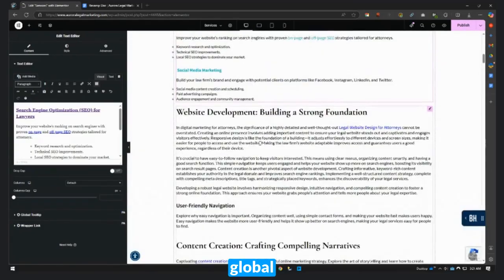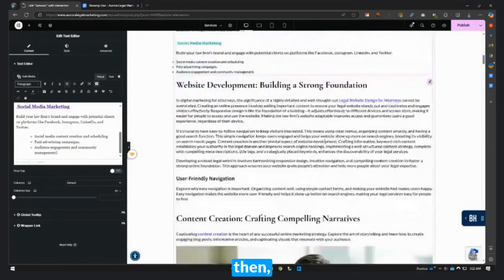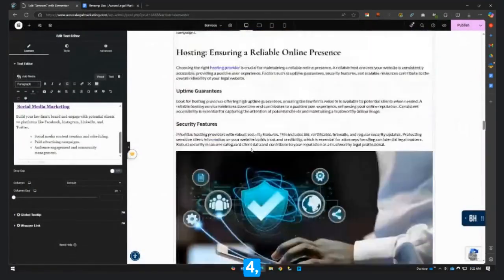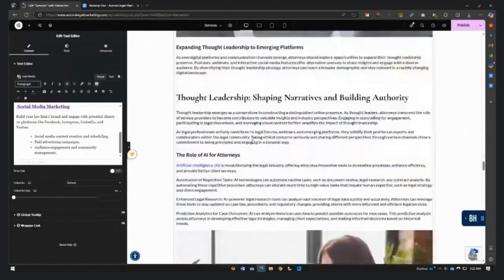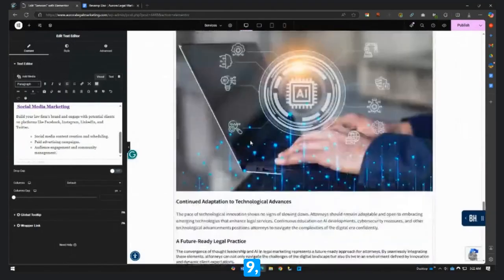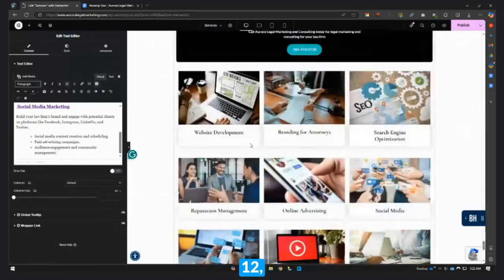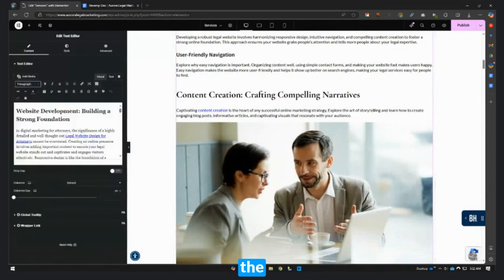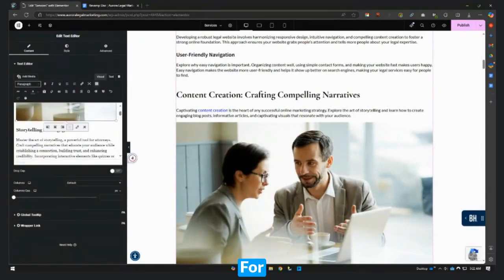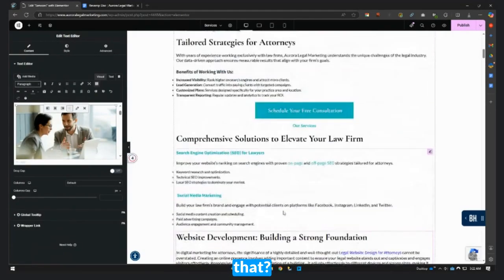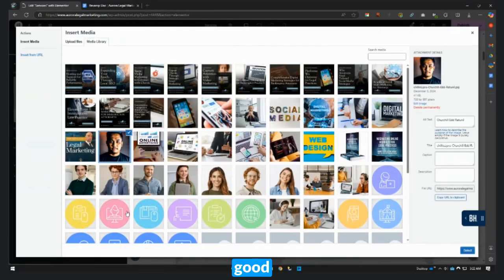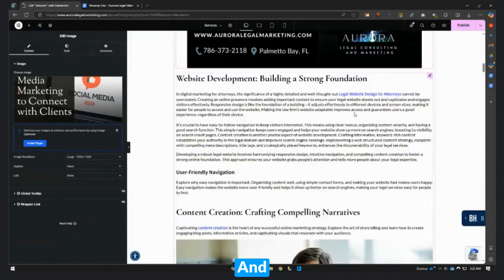Exactly, global fonts. Then how many images do we have there? 1, 4, 5, 6, 7, 8, 9, 10, 11, 12. 12, so a lot. But what's the title text or alt text? How can we find that? So again, the sample. Who's this good looking guy? One. And next,